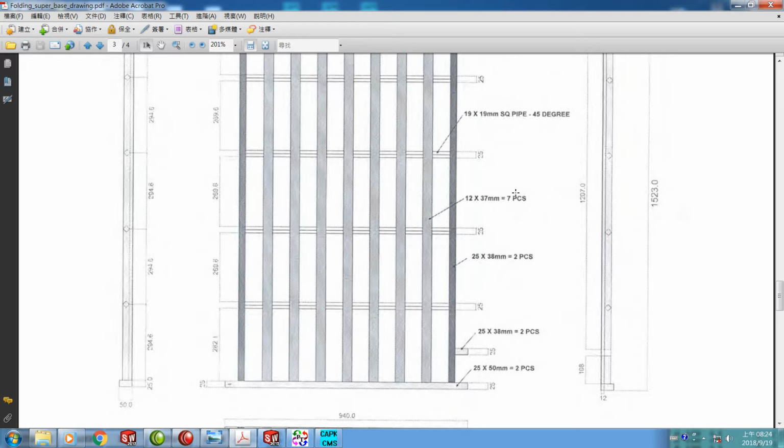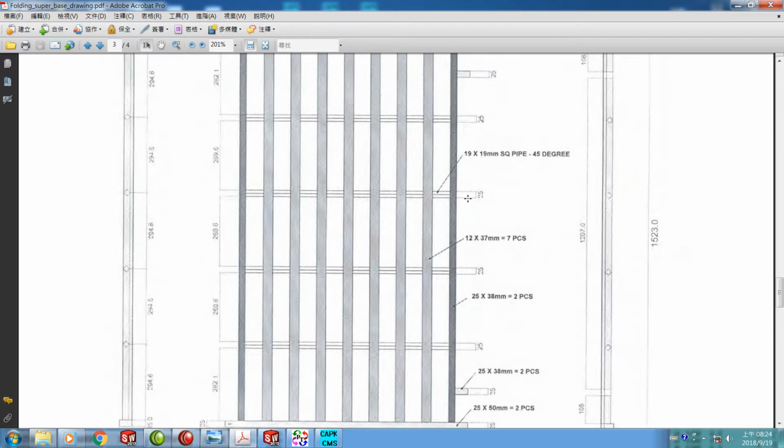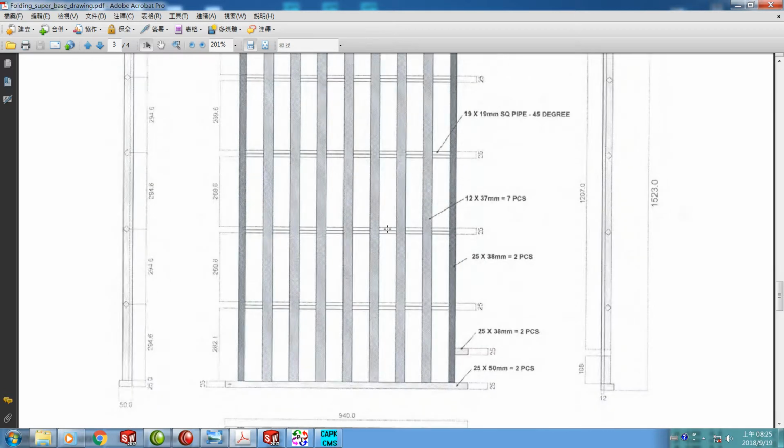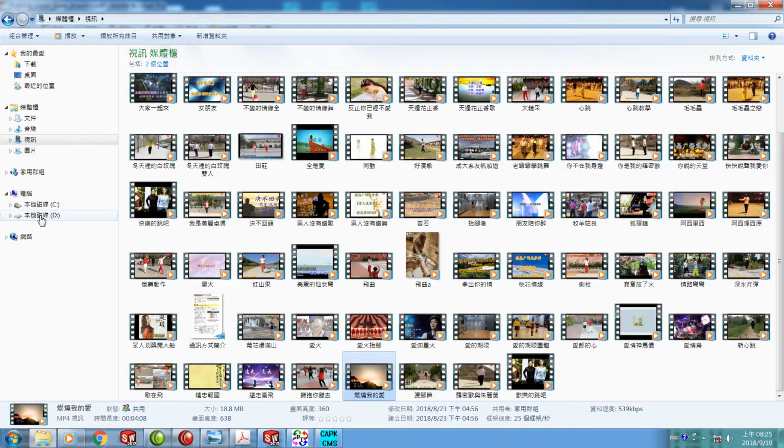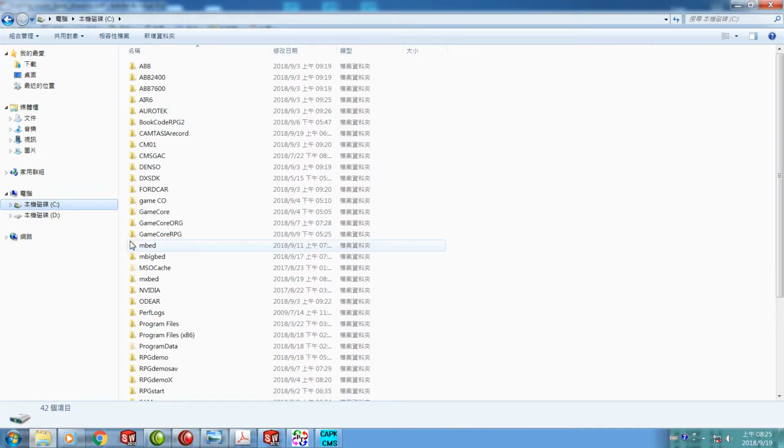And the 7 plates, 12 millimeters thick, 37 width. And the 4 square pipes with 19 by 19 millimeters, inclined 45 degrees. And we have to generate this raw material first. Before we do anything, we create